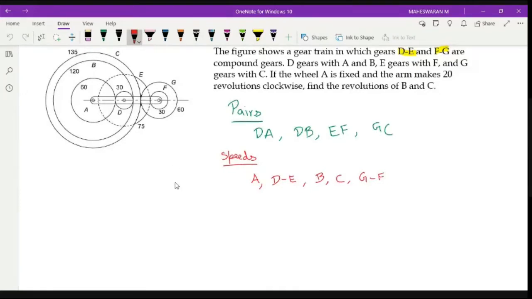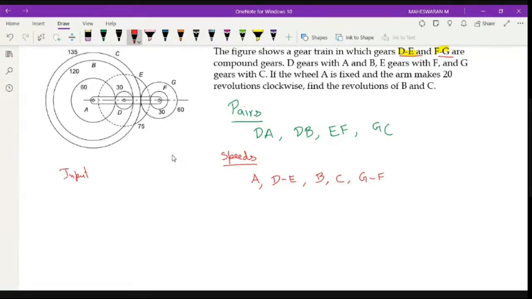Okay. Can you identify which is input and which is output? Sir, one more time you repeat, sir. Just this one. The previous one was the repeat, sir. No, sir. You told why we are not taking EIF axis. Because in the question they have not mentioned anything. So they mentioned only these two as a compound gear. They have not mentioned EIF as a compound gear. Okay. Since it is connected to the arm, they have not mentioned something like that. So we are not considering that.